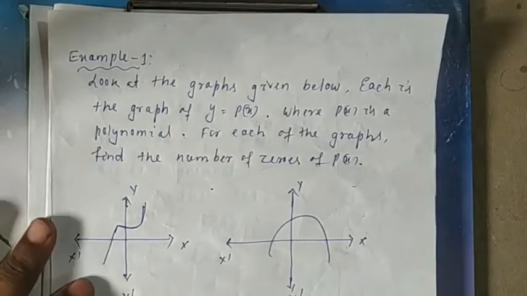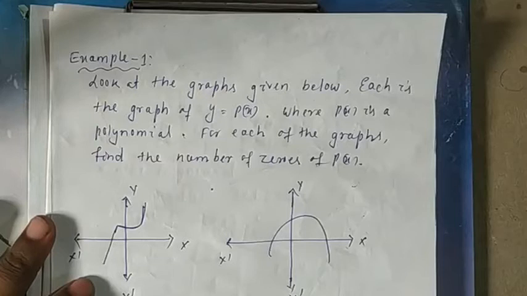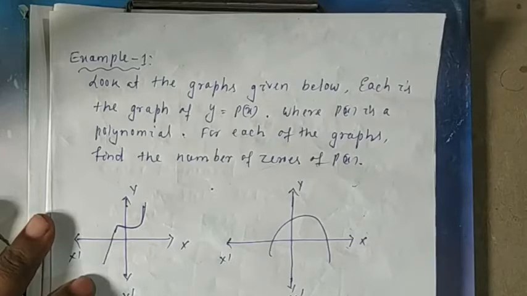Similarly, the zeros of a quadratic polynomial is at most 2. That means sometimes, in some types of examples of a quadratic polynomial, you will get no real zeros. Sometimes you will get two equal zeros. Sometimes also you will get two distinct zeros. So three different cases I have already explained in my previous video